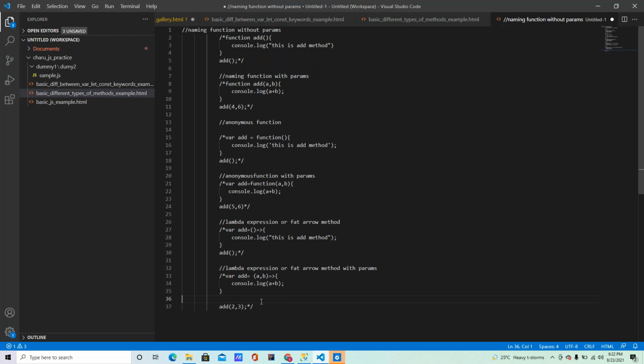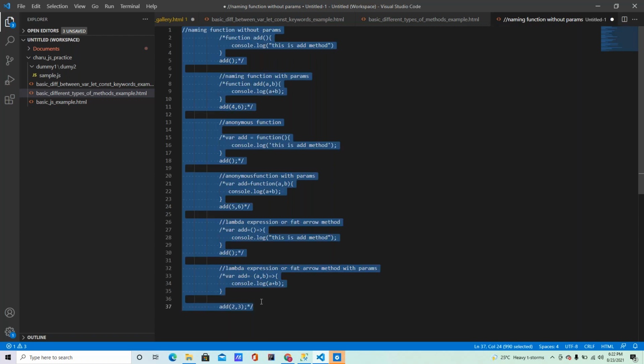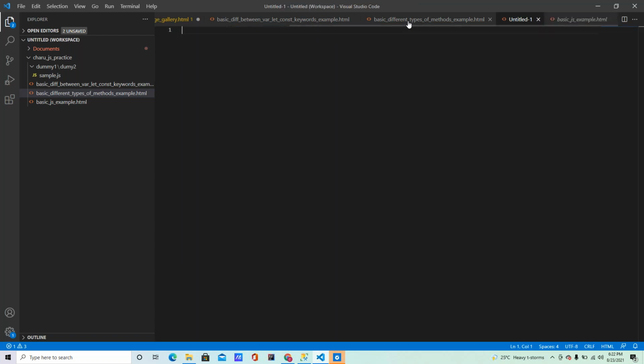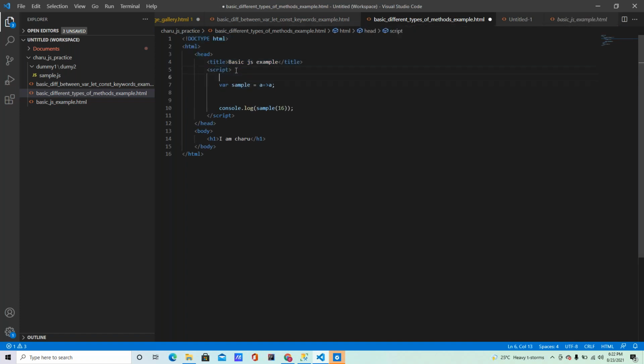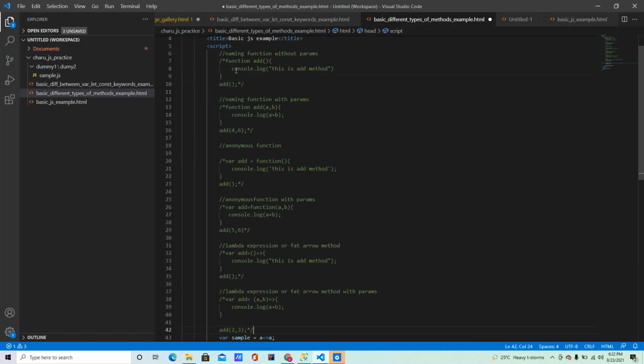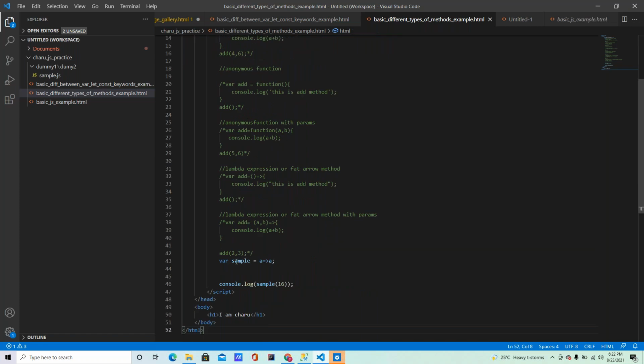Yes, sir. Clear it, everybody. What are the different types of methods available? Naming function, anonymous function, lambda expression, and a little bit optimized lambda expression. That's it. Okay, right.